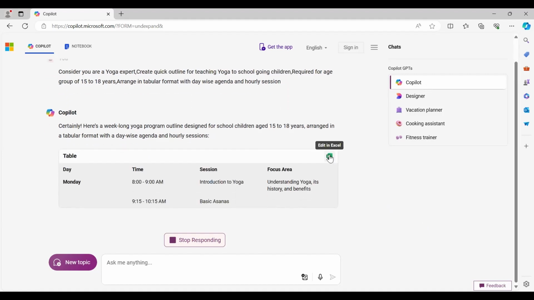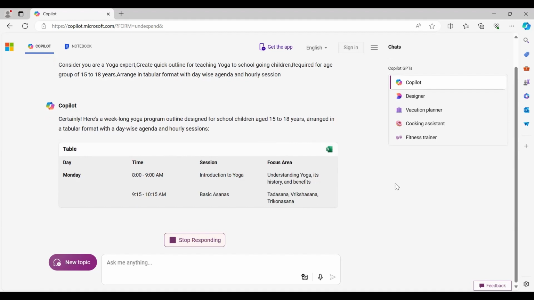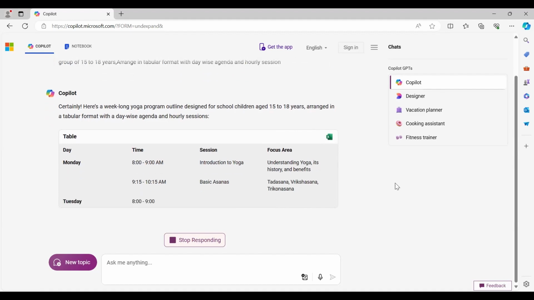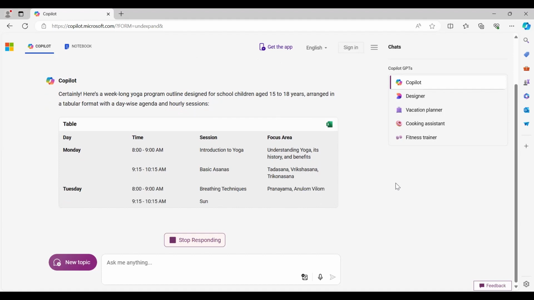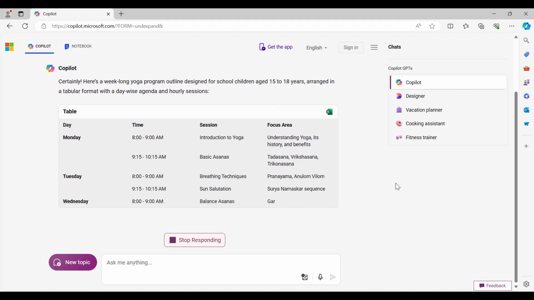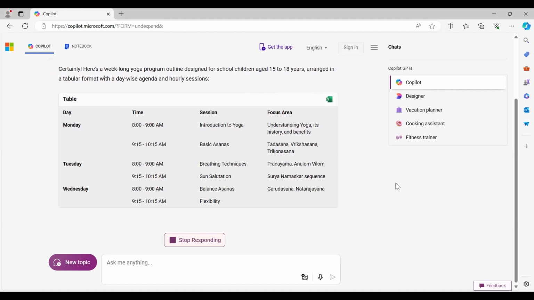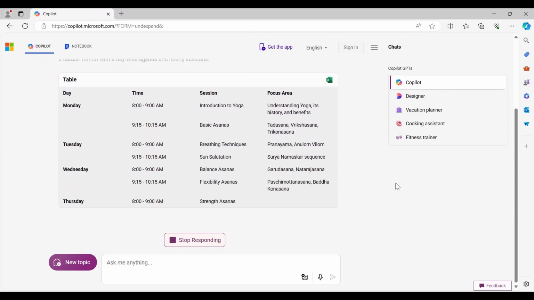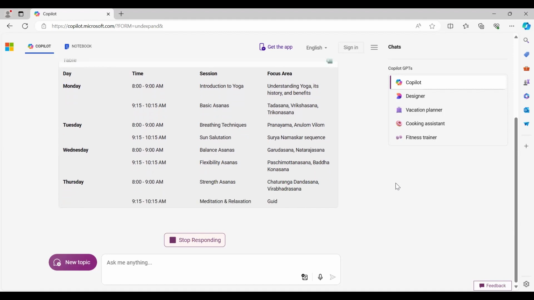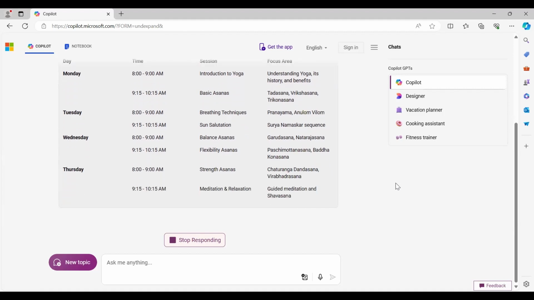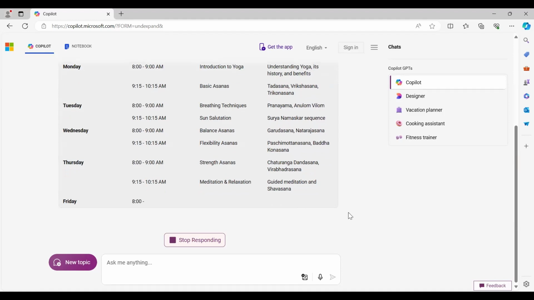You can see the icon here. You can edit in Excel. That's the beauty of Copilot, because it is integrated with Microsoft operating system and Microsoft Office. So it has got something extra as session and focus area.